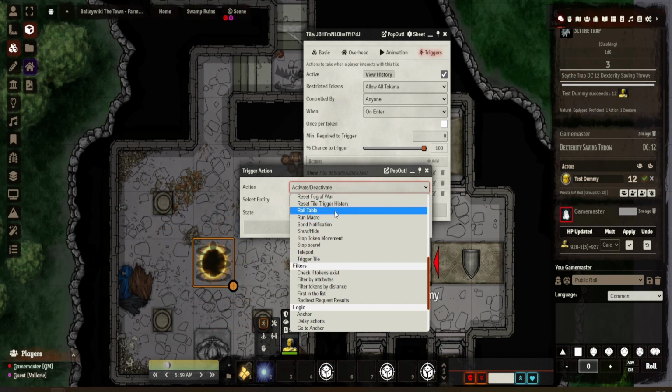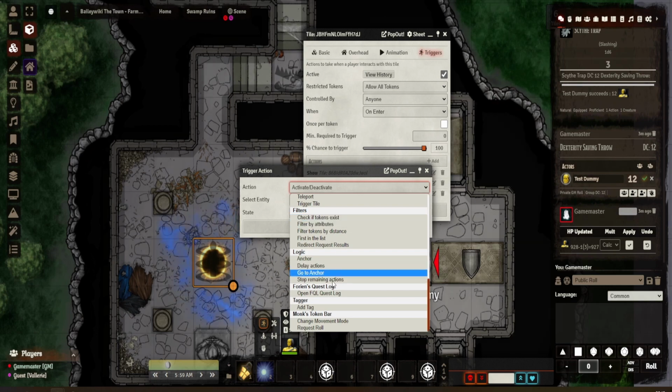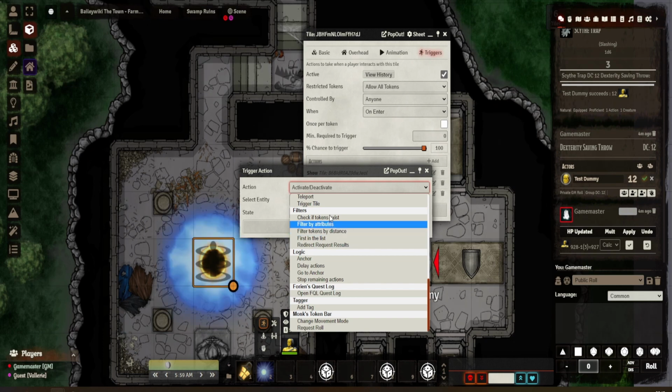Let's have a look. These roll tables. I'm not going to go through everything on here, but you can see there's so many different things, and there is a lot more work you can do with these. And if you have certain modules, it works. So obviously, for instance, quest log, tagger, and monks. All of those work in conjunction with this module. Monks obviously would definitely do so, but it allows you to do certain things that you can filter